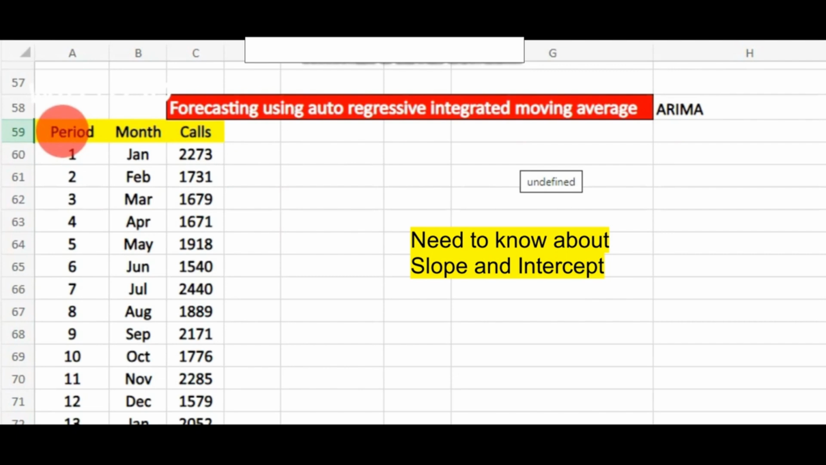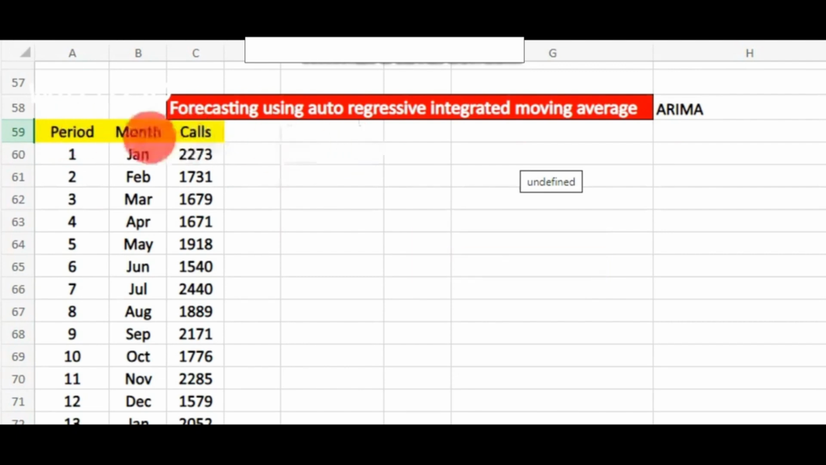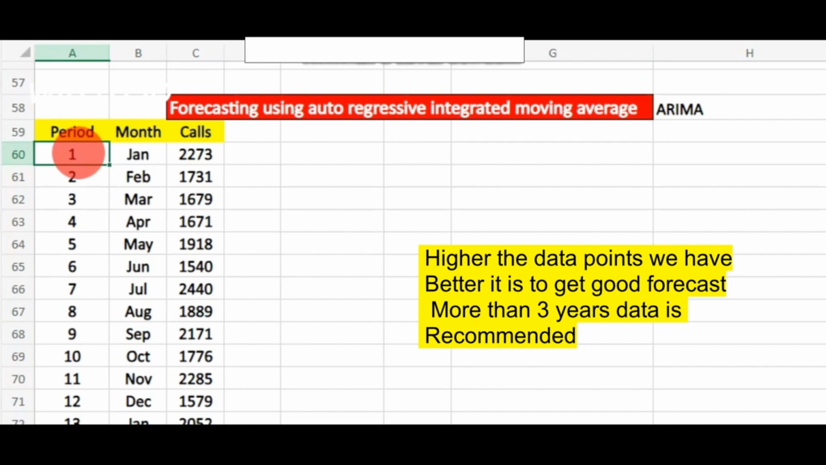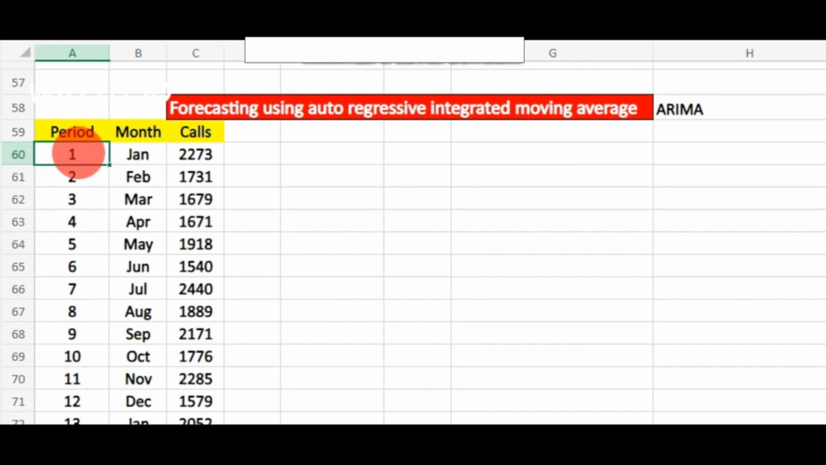So this is the period, month and the call volume I have taken. I have taken 24 data points here. It means 2 years of data. Just for the explanation, for this method, we need to have at least 3 years of data to get the very nearest value of what we are predicting in the future. So that will help us to give an accurate forecast. But here, just for understanding, I have taken only 2 years of data, then months, and then